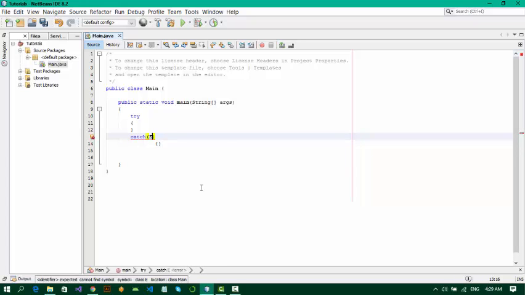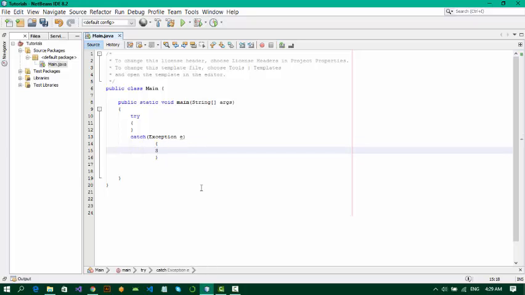When you progress in programming, you will encounter many exceptions, so you will know the names. If you don't know the name of an exception, or you don't know which exception will occur, you will just use the Exception keyword. It's like declaring a variable, so just give it a name. So we have an exception e,